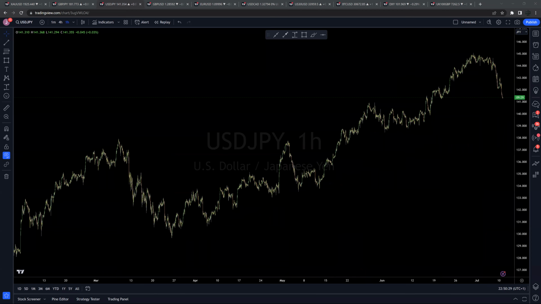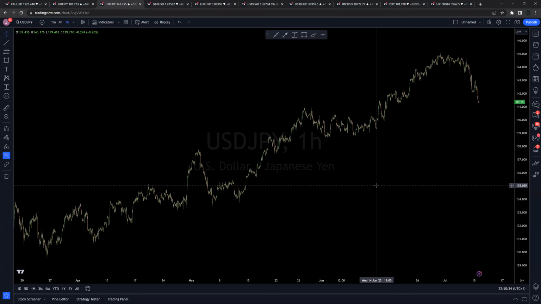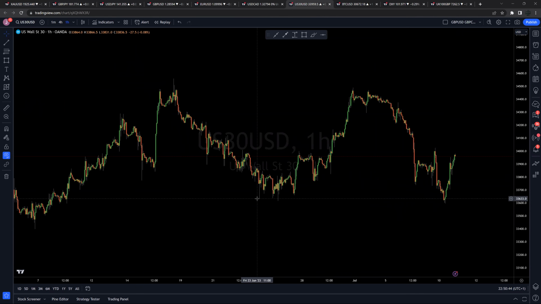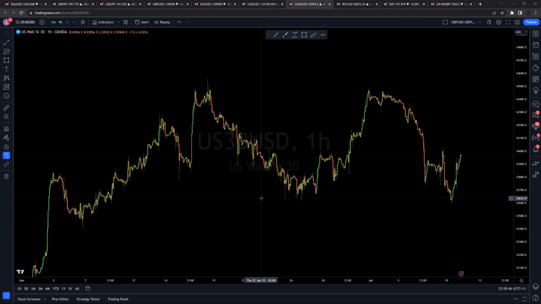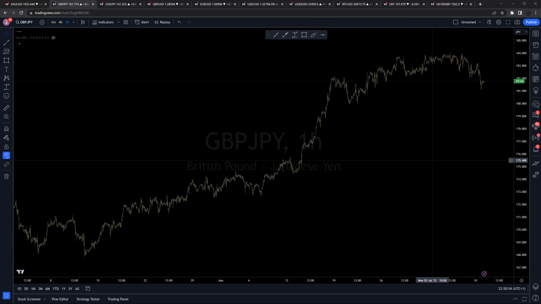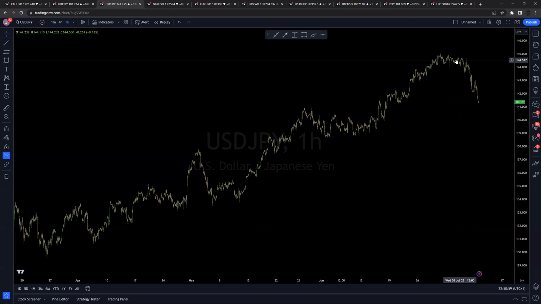Right? So you can see most asset classes are in a secondary phase of market structure right now. Gold's in accumulation or consolidation at these intraday lows, roughly 1900s. Equities are pretty much hugging in the example of US 30 from 33,700 to 34,400. We can see GJ in a secondary phase of market structure, which is more of a pullback phase from these highs. UJ in a secondary phase of market structure, which is a pullback from these highs.